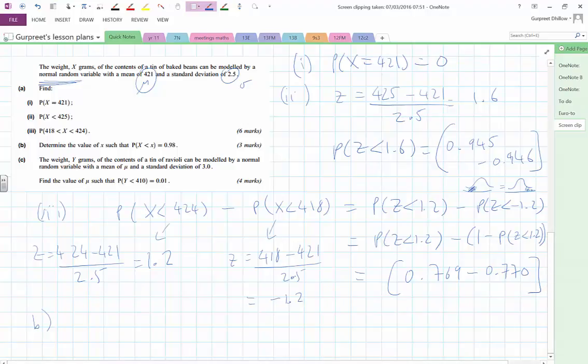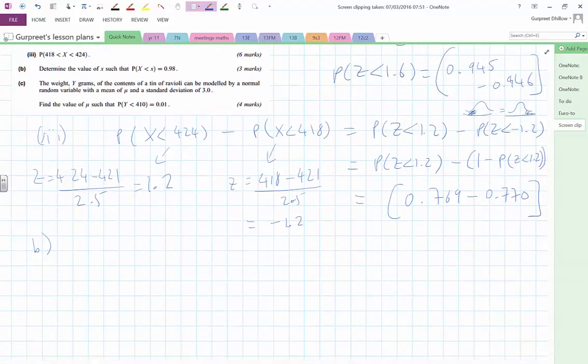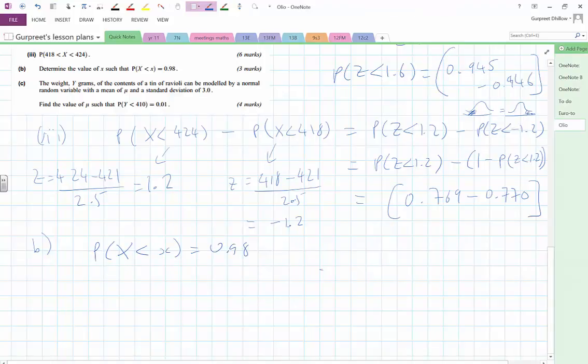For part B, determine the value of x. So part B and C are a little bit more complicated. So determine the value of x such that the probability of x is less than small x is 0.98. So sketch this out. Let's do a quick sketch. You want to find a value for x such that this area is 0.98. So we'll look up our inverse tables. If you look up your inverse tables,